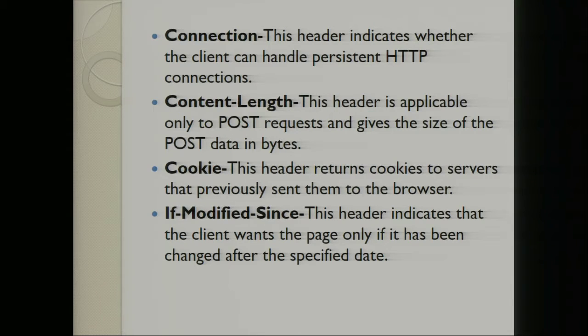In the Connection header, this header indicates whether the client can handle persistent HTTP connections. Persistent connections permit the client, or the browser, to retrieve multiple files, for example an HTML file with several associated images. If you are accessing that, the connection must be alive every time. With a single socket connection, we save the overhead of negotiating several independent connections. Many times, instead of repeatedly requesting a connection, this will use persistent HTTP connections. Persistence means permanent.